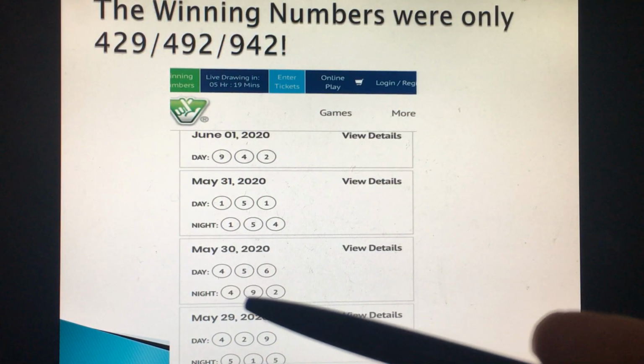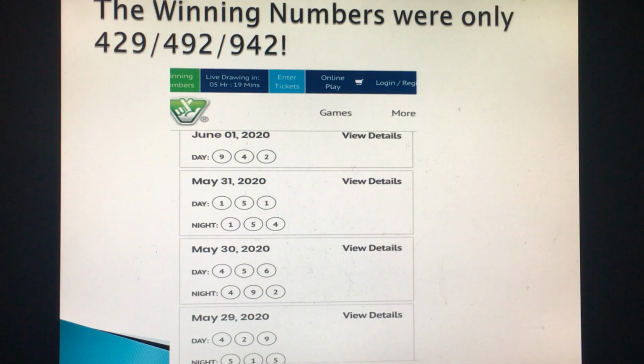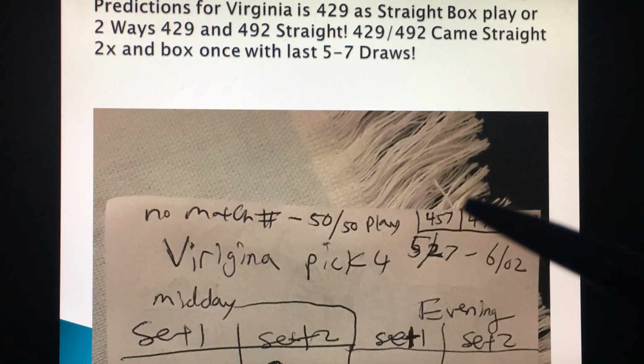429, and then 429 both ways is 429 and 492. Then 942 hit box, and there are only 3 numbers in the no match. I can't believe it hit 3 times on my list prediction. Only 3 no match numbers, and as you can see,